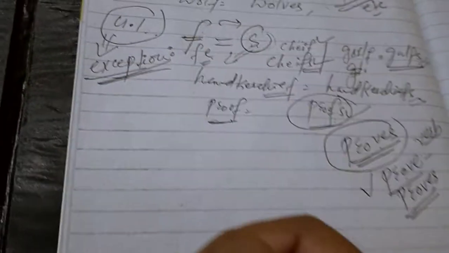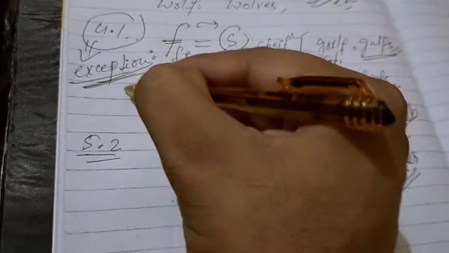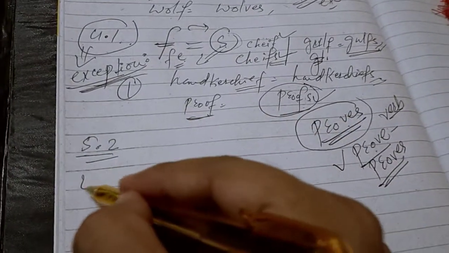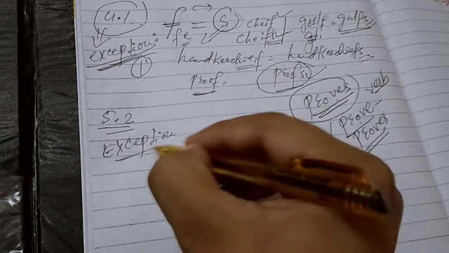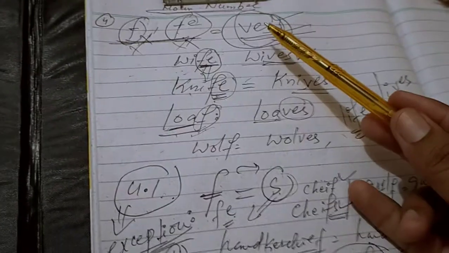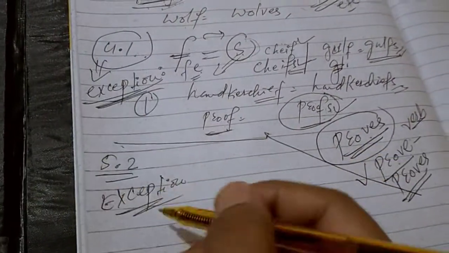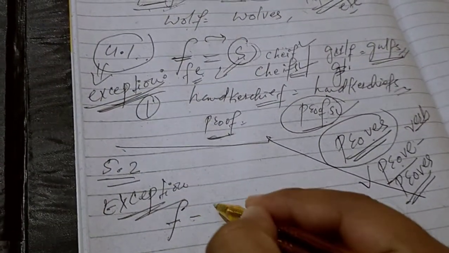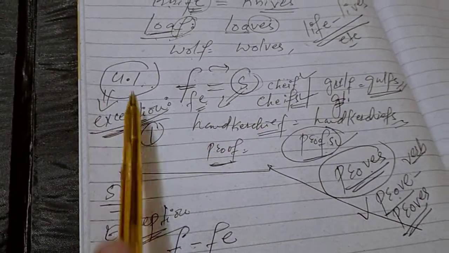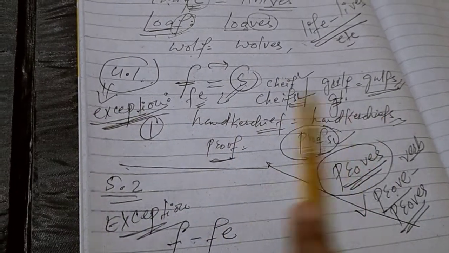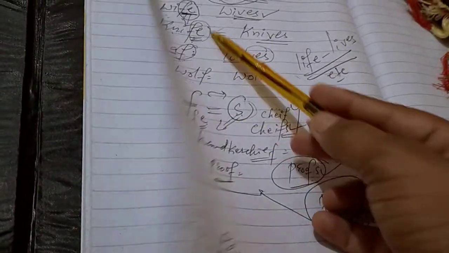So now we'll move to the next rule, 5.2. Again, there is another exception. So exception number 1 आप कह सकते हैं उसको, and this is exception number 2. Exception number 2 is very much related to the same rule. Same rule के साथ उनका ताल्लुक है. It again discusses the same thing: those nouns which end in f or fe, some nouns, and you will cram this exception. इस exception को आप cram कर सकते हैं, रटा मार सकते हैं, ताकि आपको इन words का पता चले कि इनके साथ सिर्फ और सिर्फ s लगता है. बाकियों को आप छोड़ दें, बाकियों के साथ ves लगेगा.